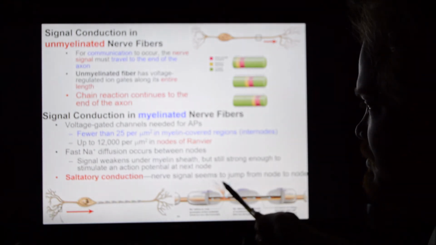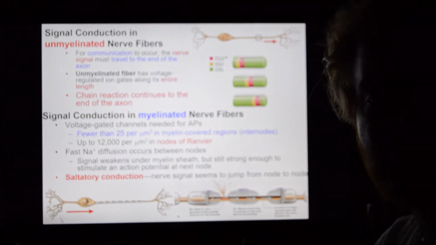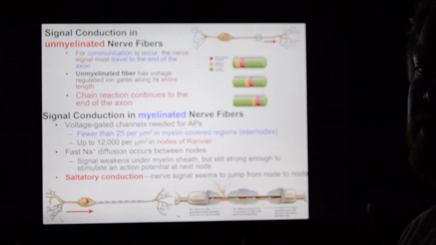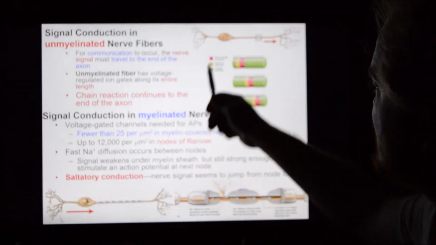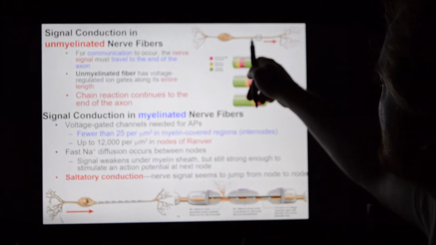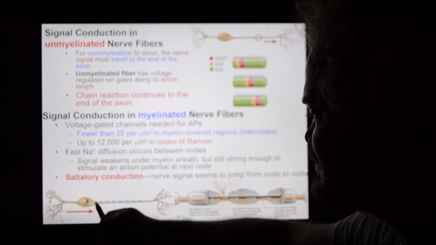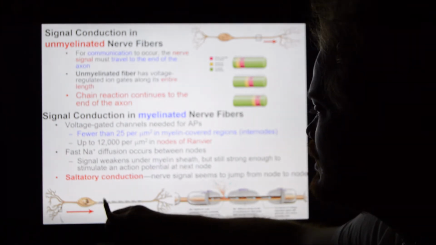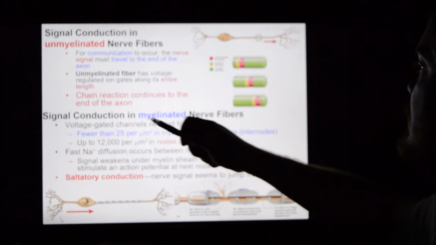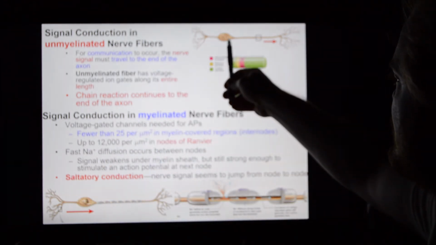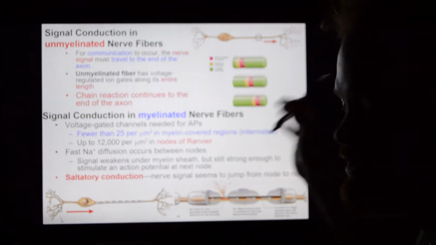When myelin is in play, what we call the conduction is saltatory conduction, or saltation. Saltation means to leap or to jump. So in saltatory conduction, instead of having a continuous flow down the length of the axon to convey that message, you're going to have the stimulus jump or leap from node of Ranvier to node of Ranvier to node of Ranvier. So instead of going all the way down the length, it's going to go boop, boop, boop, boop, done.